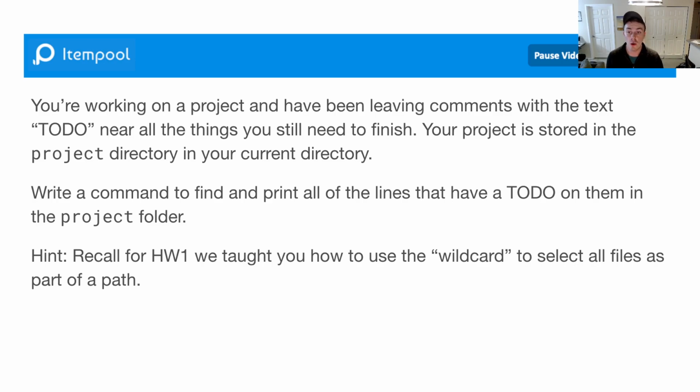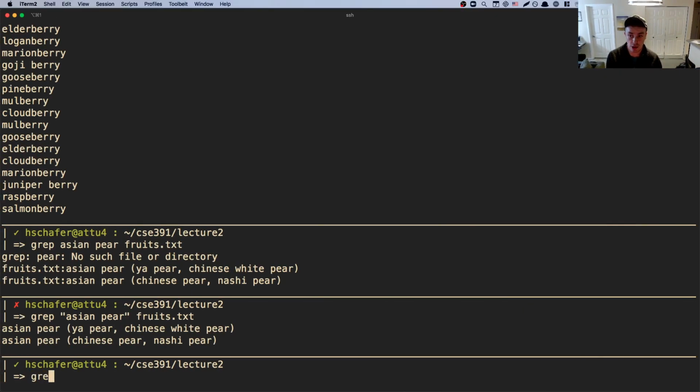Okay, so notice that if you saw in the item pool, it does say that there are slightly different variations of solving this, but whenever you're looking to find something in a set of files, you should be thinking that you're going to be using grep. So you're going to definitely be using something involving grep here. So grep something, and then you're searching for a certain string. The string we're looking for here is "to do", and the files we want to look at are